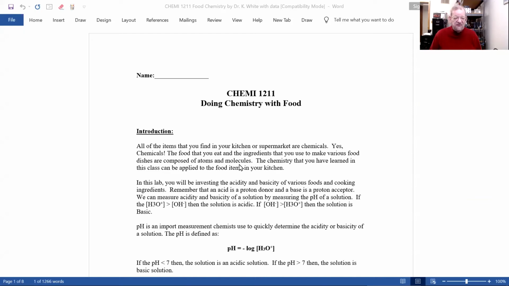All the items that you find in your kitchen or supermarket to put in your kitchen are chemicals. Yes, chemicals. And the food you eat and the ingredients that you use to make various food dishes are composed of atoms and molecules. And the chemistry that you've learned in my class can be applied to food items in your kitchen,